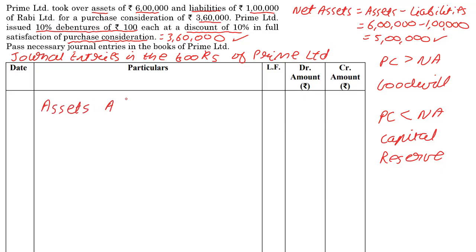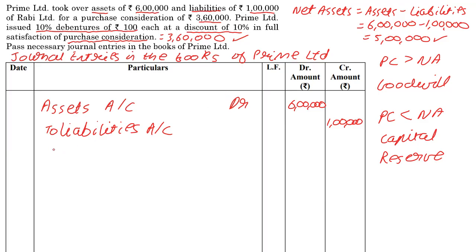Assets account debit, because assets have a debit balance, we're creating assets. Okay, and then liabilities account, to liabilities account, and we have 6 lakh of assets, we have 1 lakh of liabilities,